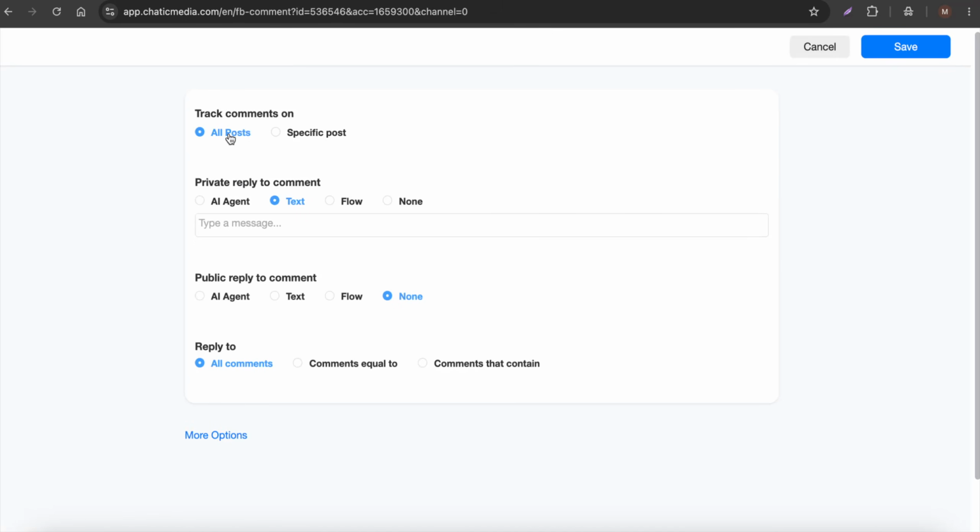So track comments on all posts, so it will simply work on the past posts, reels, and the future ones as well. And private reply, so when someone comments on your Facebook post or reels, you can even send a message in the DMs as well. Otherwise, if you don't want to do that, click on